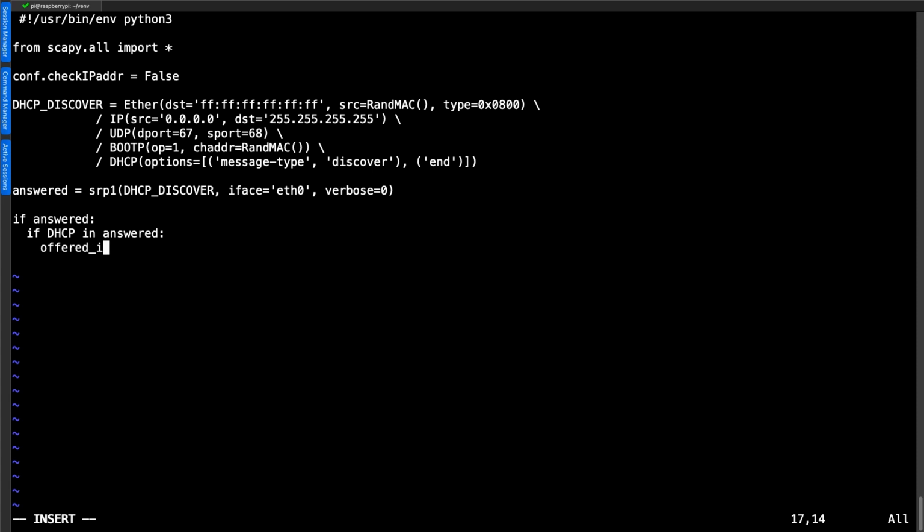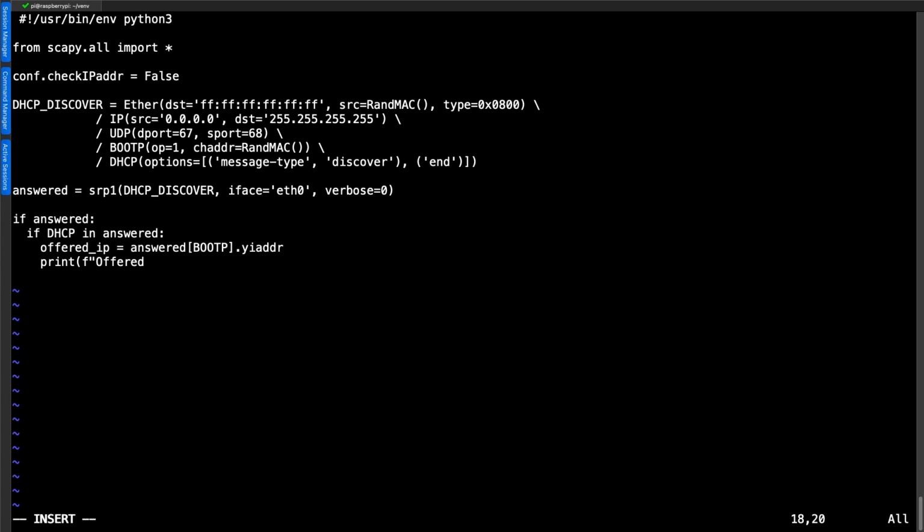We can set up then the IP address that we've been offered. So I'm setting up a variable called offered_ip, and we can then go through into answered, look for the BOOTP key and the field for our yielded IP address, the IP address that we've been given. So yiaddr. And we can then go through and print out the variable offered_ip.